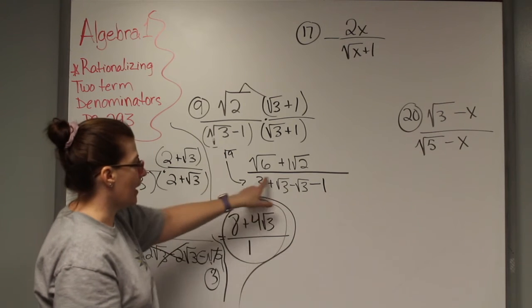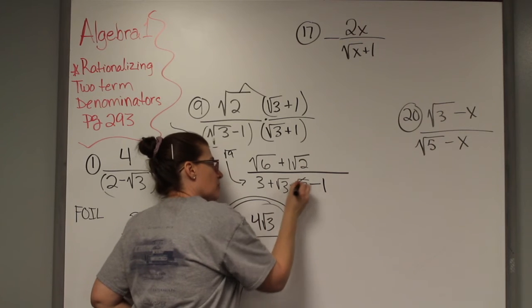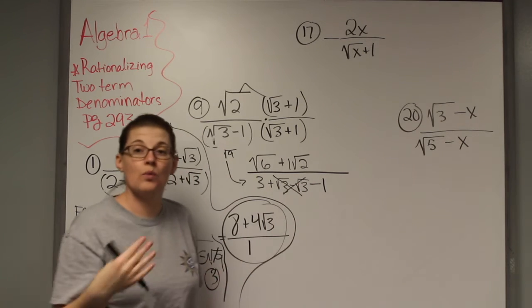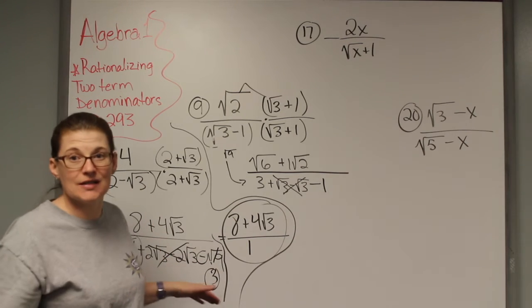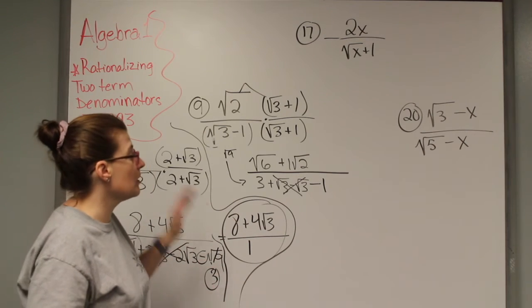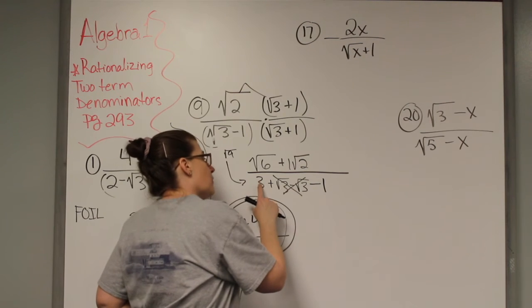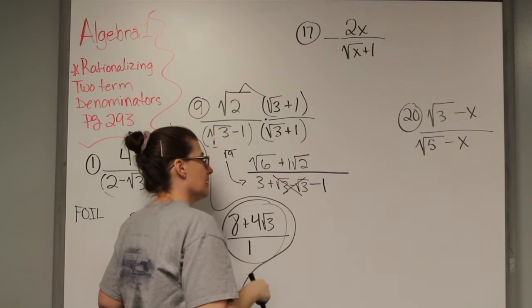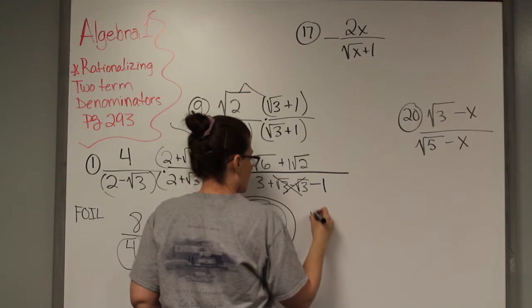All right, when I complete this, a positive radical 3 and a negative radical 3 cancel out. That's the whole point why we multiply by the conjugate. So those two middle terms always cancel out. They always do if you multiply by the correct conjugate. Okay, so then I'm left with 3 minus 1, which is what? 2. So this is actually,